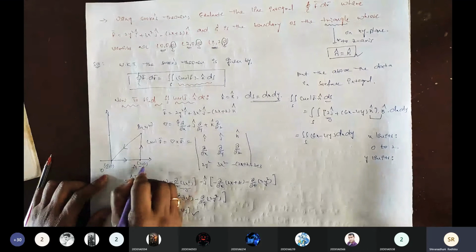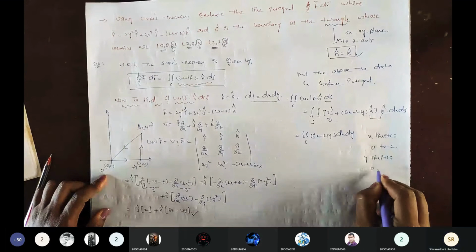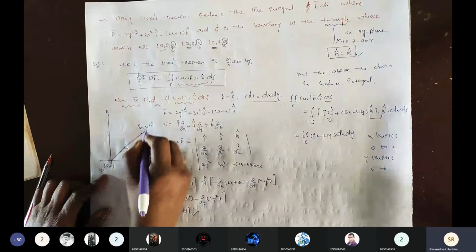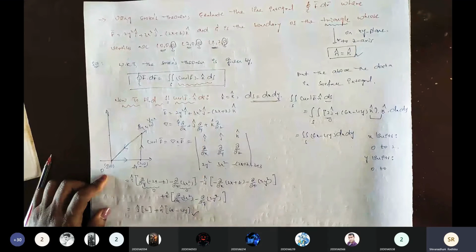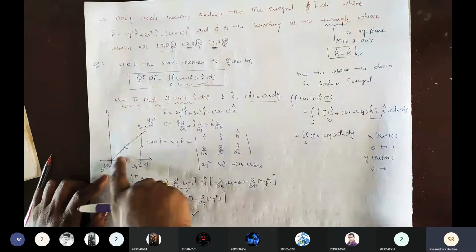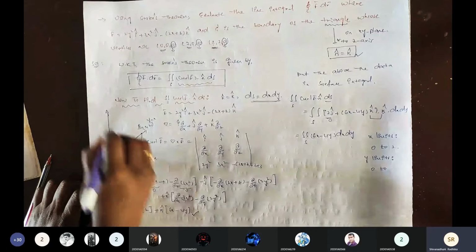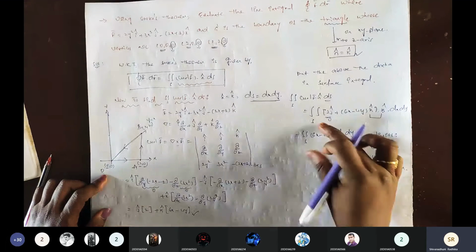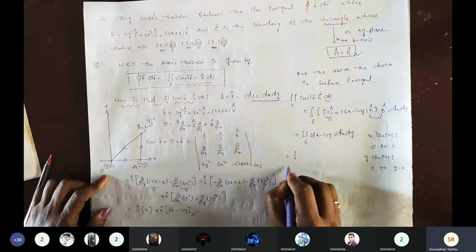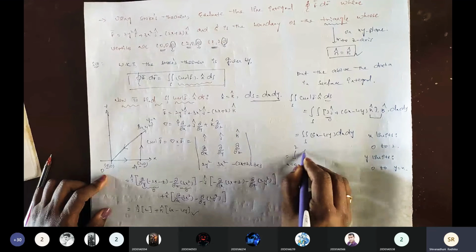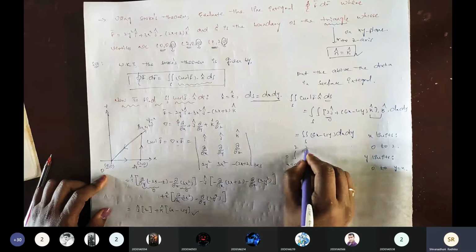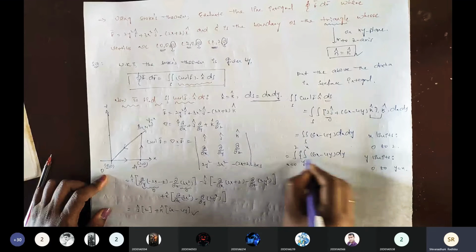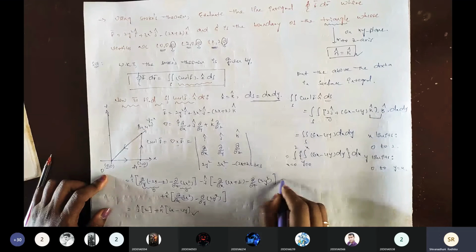So always I take the y limit from 0 to this line, which is y equals x. It is clear: exactly, this is 45 degrees between the x and y axes, so we take that line as y equals x. Now these are the limits we substitute here. First, the x limits are independent, x equals 0 to 2, and y equals 0 to x, of 6x minus 4y with respect to dy first, then dx, right?